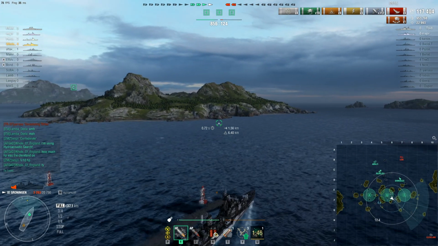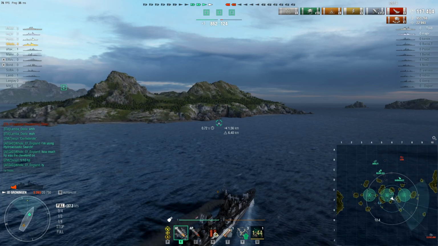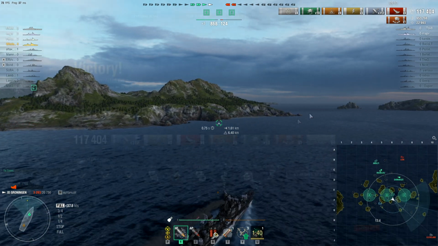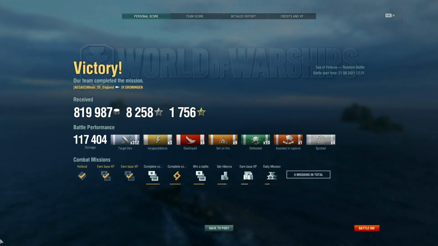You know what, whilst we're trying to find them, I'll just skip ahead, and then if I find them, I find them. If I don't, then you'll see the end result screen with 117,000 damage. And that right there is game. 117,000 damage, which, yeah, we never got to find the Cleveland. Unfortunately, the Lion was taken out, bumping the points over 1,000, and at that point, yeah, we won, which I'm